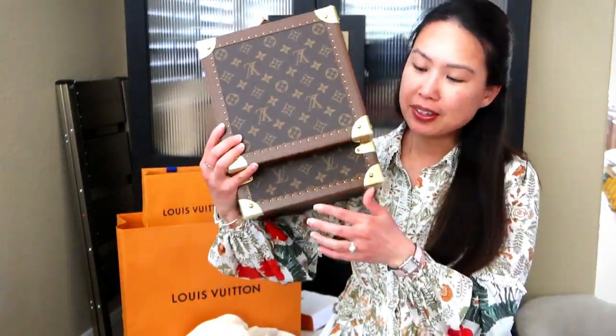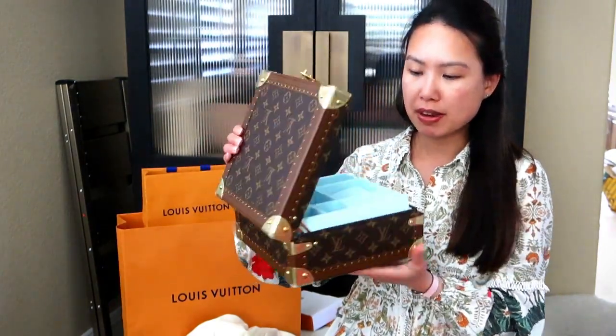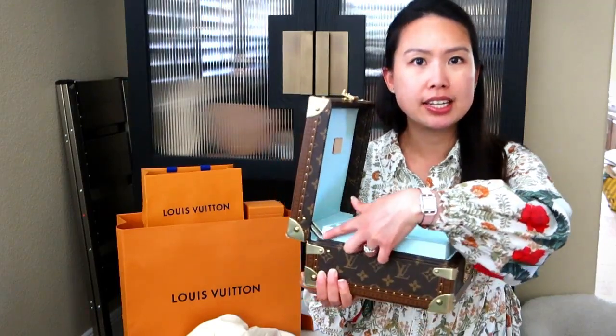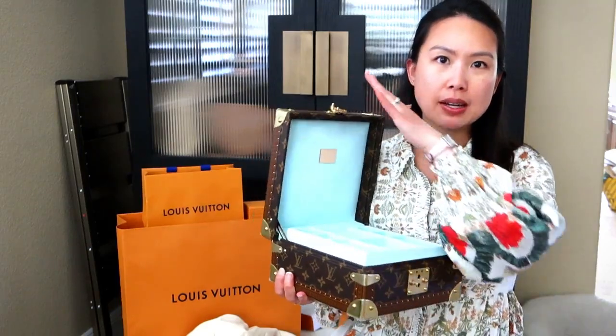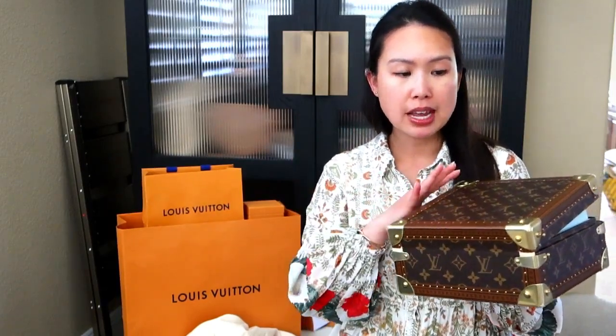I also wanted to show you that there are no hinges at the back of this trunk because it is all held by fabric, and the mechanism that opens and closes it is right here. This is the only metal hinge. There's none on this side that holds it up so it doesn't just fall back. But the mechanism of how it clamshells is not through any hinges or metals, and I've learned this from